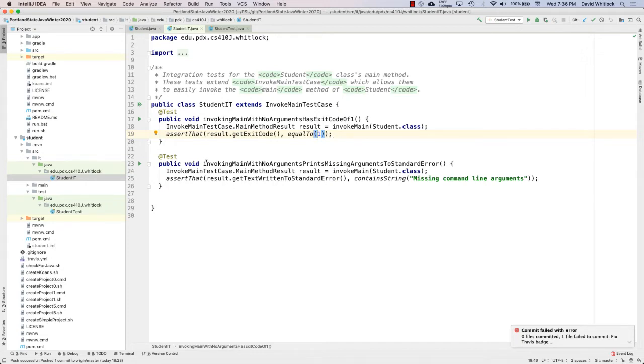Similarly, we want to say, hey, listen, invoking main with no arguments prints missing arguments to standard error. So we invoke main again with our student class and run the main method of student with no arguments. And then we assert that the text that was written to standard error contains missing command line arguments. And so then when we run these two,